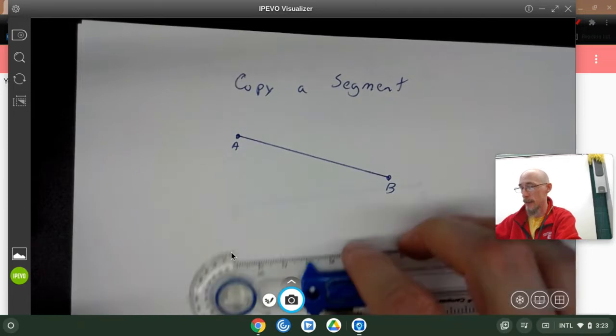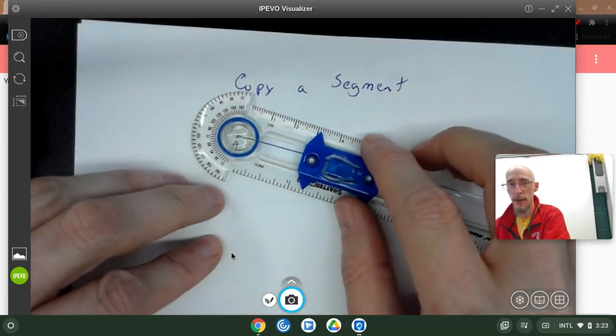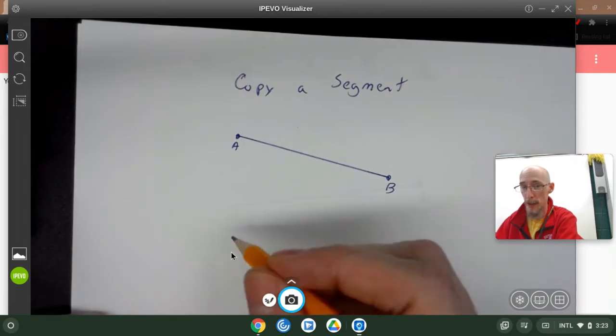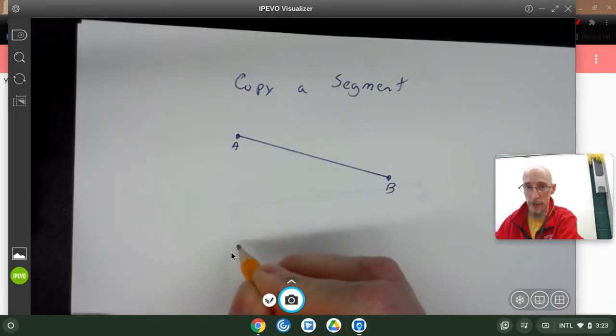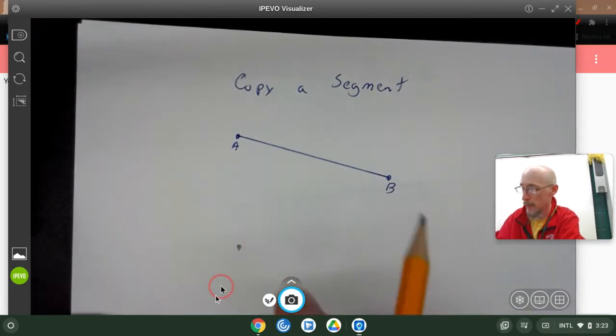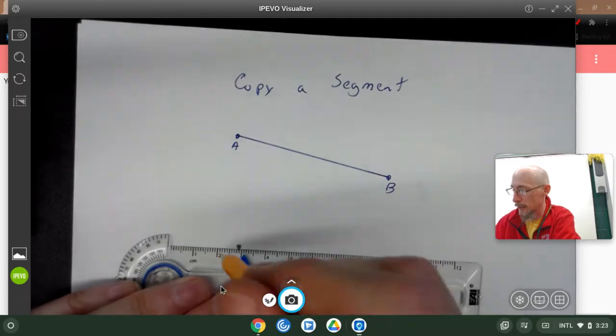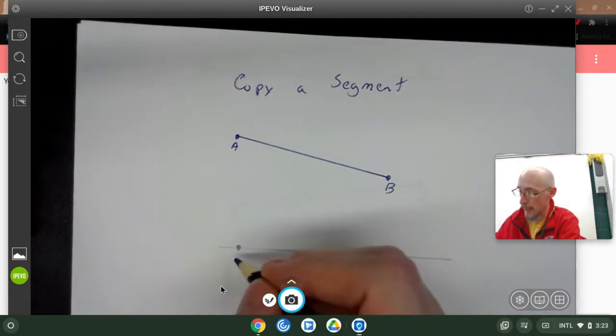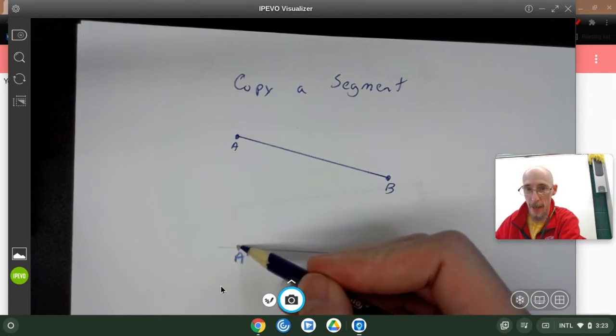And we're going to take that segment and I'm just going to set up my compass. Actually, we're going to need a starting point, because if you've got to copy it, you've got to copy it somewhere, right? So I'm going to put a starting point here. Move that little cursor right away. And I'm going to draw a line that I'm going to copy it onto. So I'll put a little line there. I'm going to call that starting point A prime,